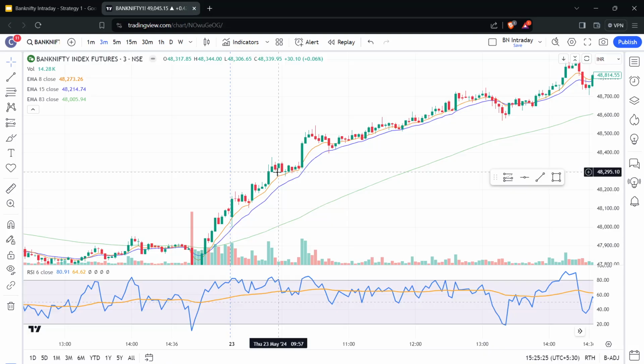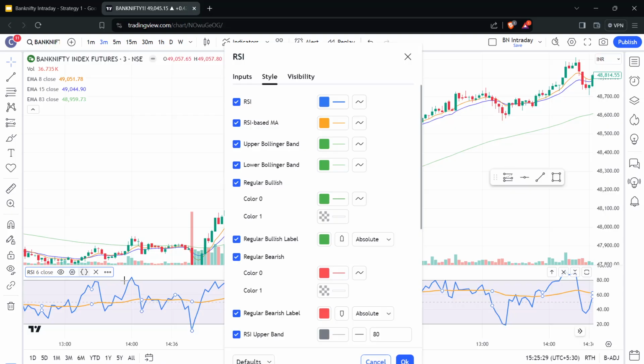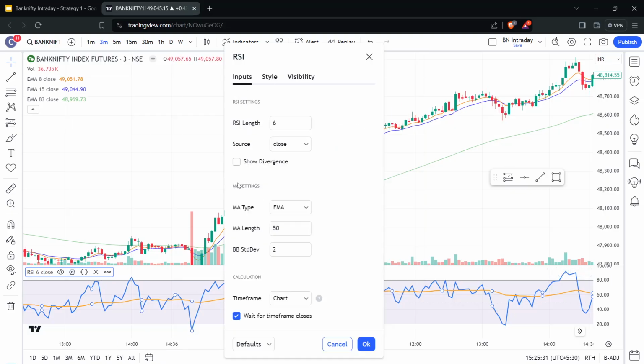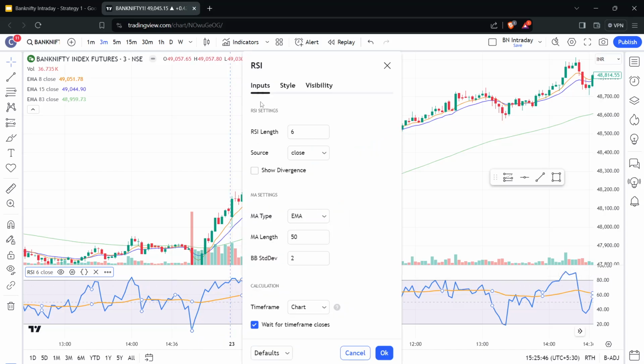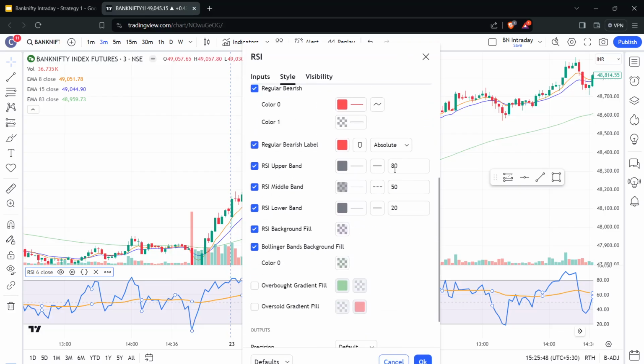So I have 8 EMA, 15 EMA and 83, and RSI 6 period. You can see here, this is the default RSI indicator, and I've changed the setting to 6, and the EMA is 50. And these lines, or levels, are 80 and 20,